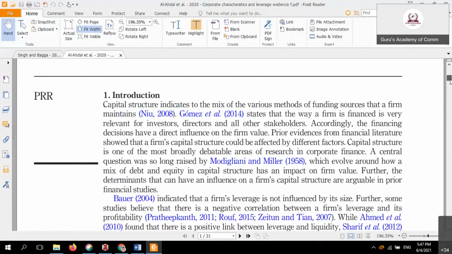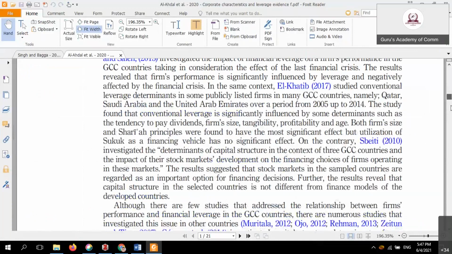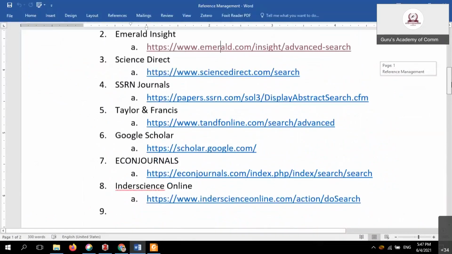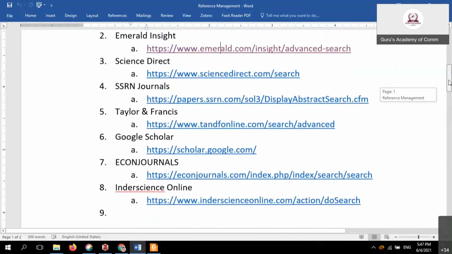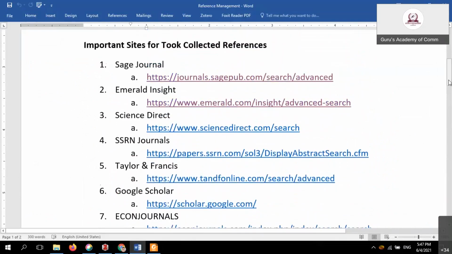So many full-text platforms are available in the researcher: Sage, Emerald, Science Direct, SSRN, Taylor and Francis, Google Scholar, Econ Journal, InterScience Journal, everything is available. Make sure you collect from at least one particular indexed site.